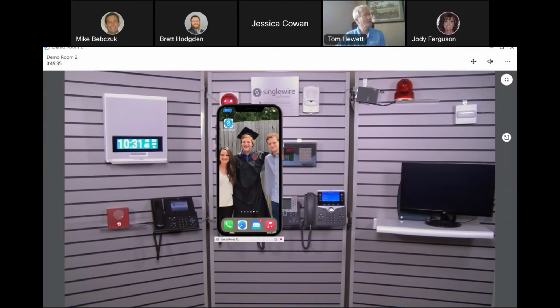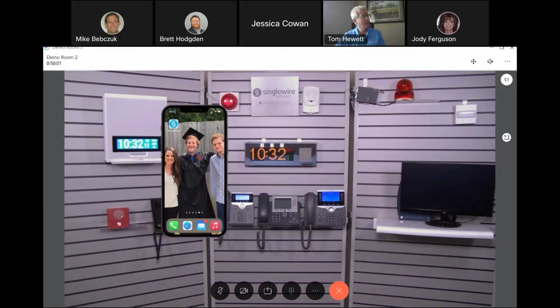On my mobile phone, right up here at the top is the Singlewire app. For your information, we see customers deploy this in multiple ways. You can just push SMS text messages out to your employees for alerts, or you can actually download the InformaCast app on your mobile phone. And in this case, what it will allow you to do is,